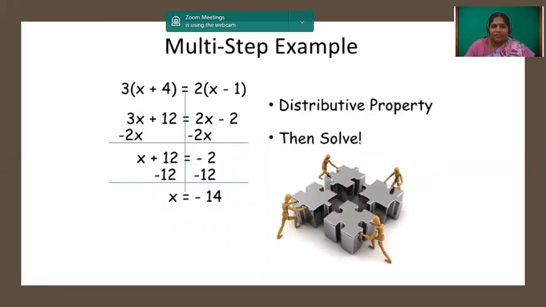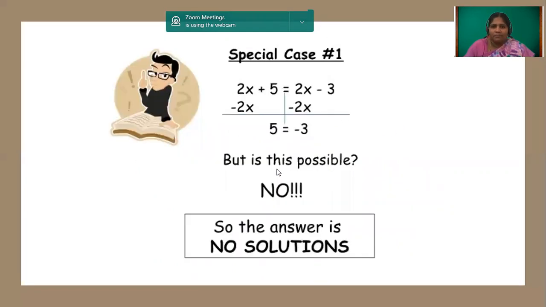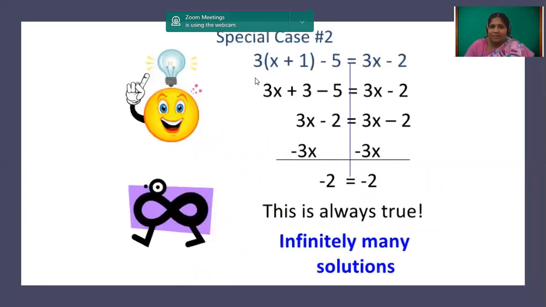3 into (x plus 4) is equal to 2 into (x minus 1). So we need to use the distributive property and solve this problem. So we have two special cases. Please go through these and come up with two ideas. Okay. So this is special case 1, which we have 2x plus 5 is equal to 2x minus 3. Next, special case 2, 3 into (x plus 1) minus 5 is equal to 3x minus 2. So already I gave the solution also. So why we have no solution in the previous one and why we have infinite solutions, we will discuss in